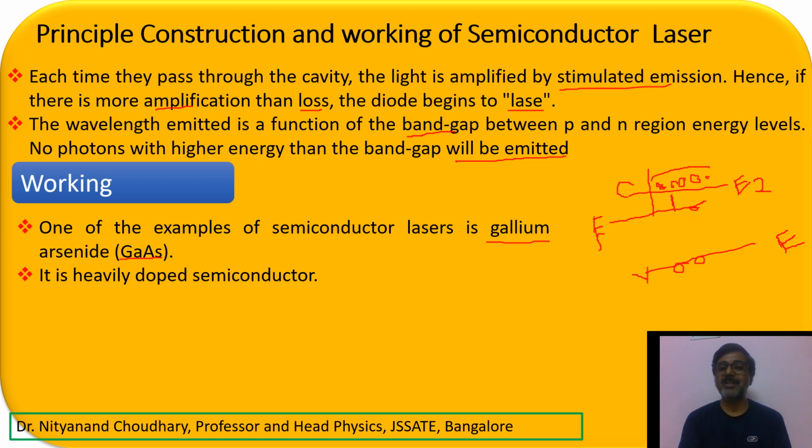If the number of dopings, that is the number of trivalent atoms that we dope over here, is very large, then the number of conduction electrons will become very, very large and Fermi energy will move inside your conduction band. So Fermi energy will come over here. Fermi energy will move according to the number of dopings that we have done.